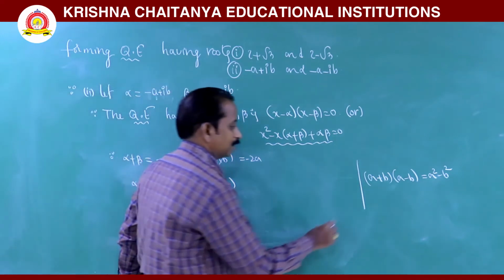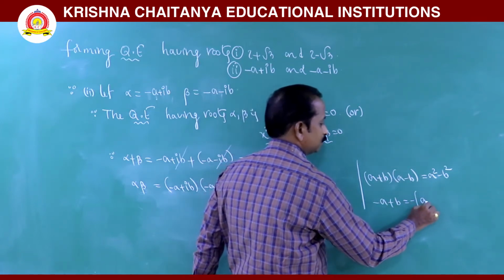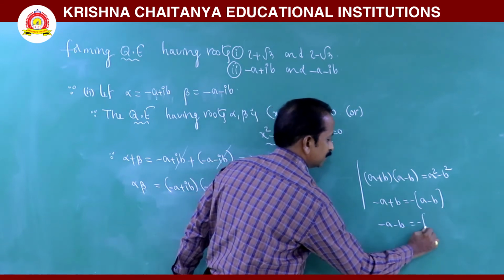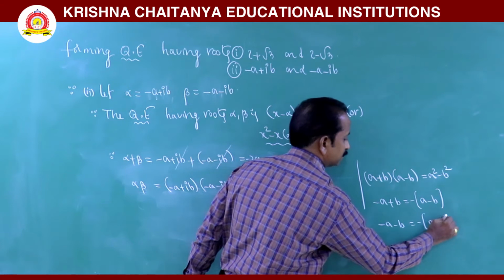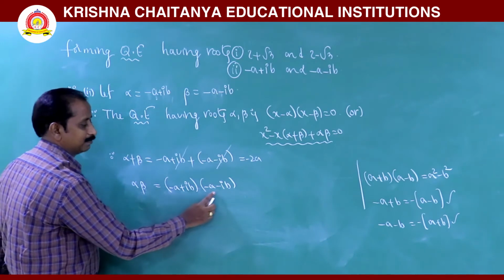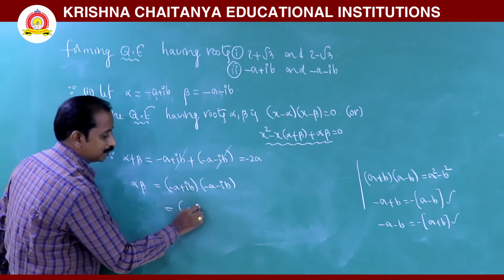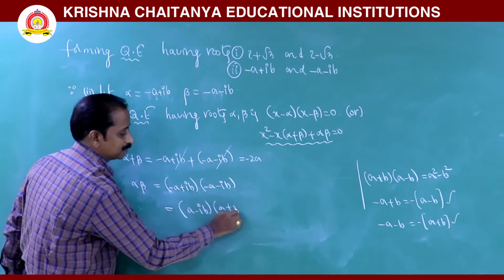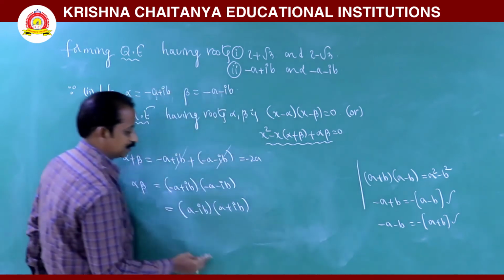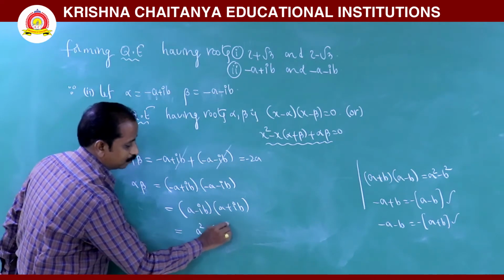Let us observe minus a plus b. When minus is common, it becomes a minus b. Same as minus a minus b, taking minus out as common, it becomes a plus b. In a similar manner, here minus will be common, minus will be common, minus of minus is plus, so it reduces to a minus ib into a plus ib. Now it is in the form a plus b into a minus b, which is nothing but a square minus b square, meaning a square minus ib whole square.